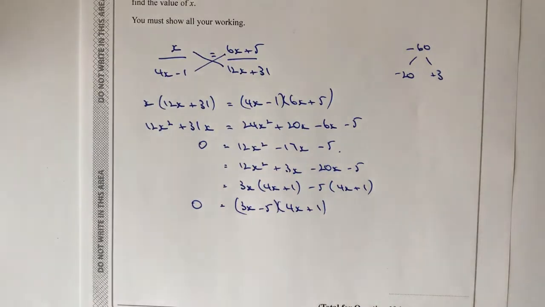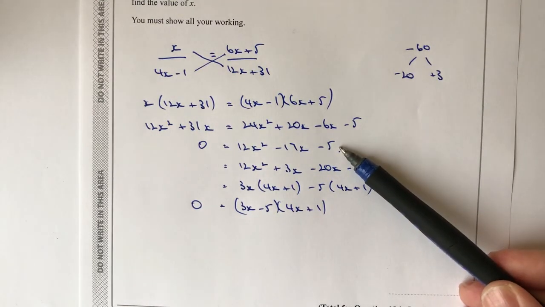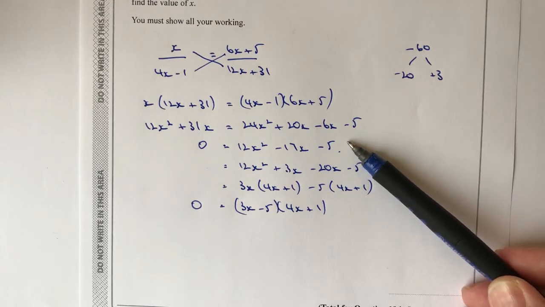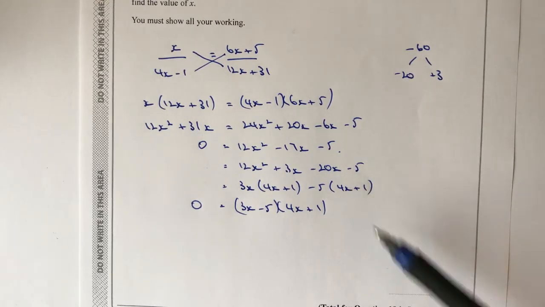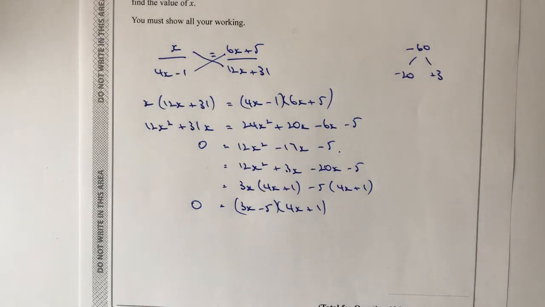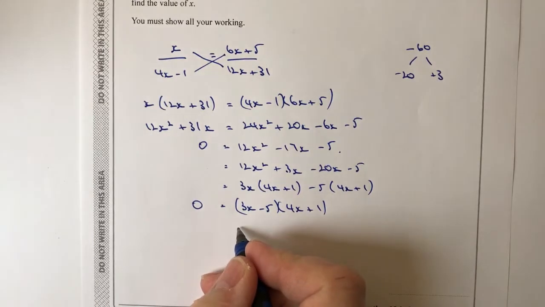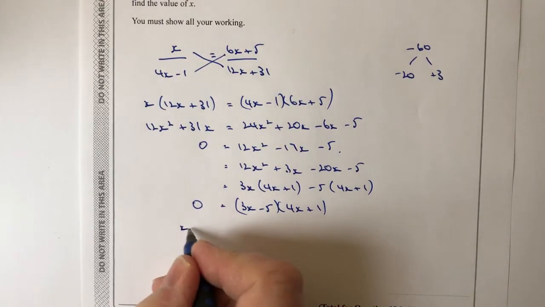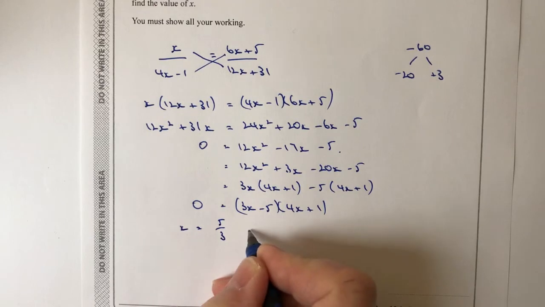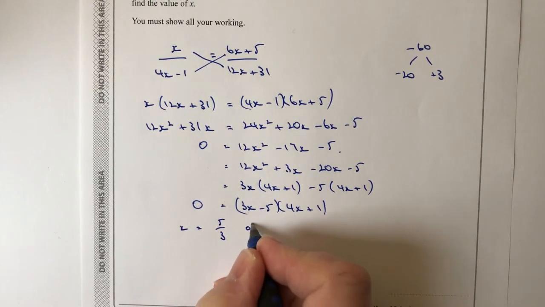It's not to everybody's taste, because I know there will be some students who might get to this point and use the quadratic formula, and that's perfectly fine. Or you might have a slightly different technique of factorizing, and again, that's perfectly fine as well. It's down to you and your experience. This technique works for me because I can see from this that I've got two values of x. One value is x is 5 over 3, and the other value is